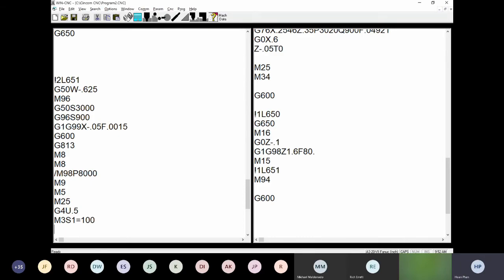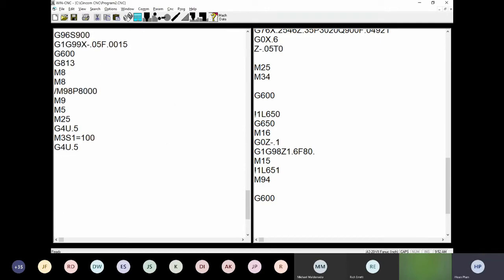and then M3 S1 equal 100 right here. We turn it on, and then another thing is maybe put the dwell time in here, 5, and then we're gonna use M50. So right here, M50, if it sees any movement in the subspindle, it will throw an alarm and say, hey, something is wrong right here. And then it will stop the machine. And then we can open the collet